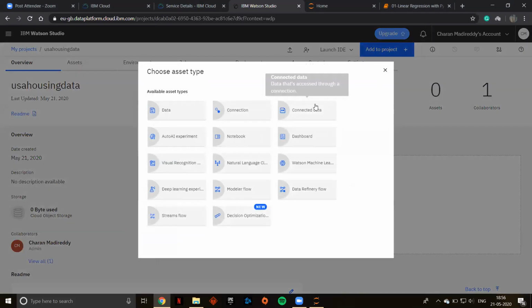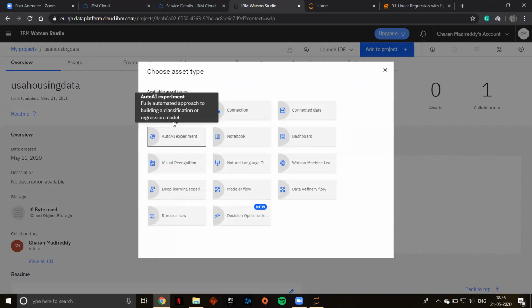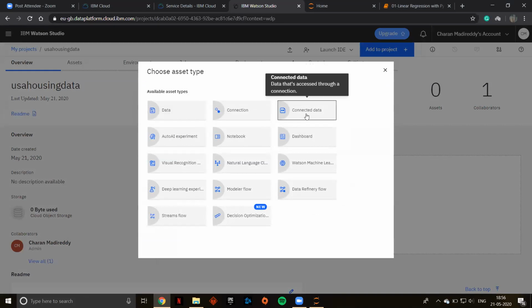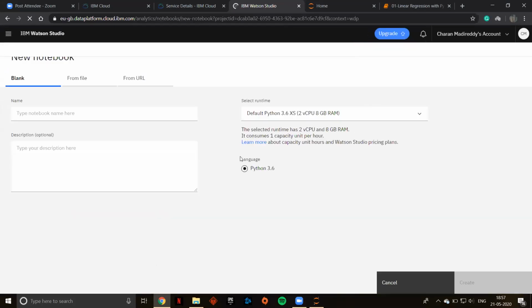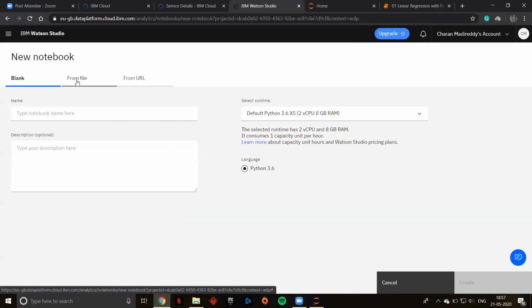What are you going to add now? Data, connected data, auto AI? What are you going to do? I need answers. Notebook, right? Yeah, so I've added a notebook. You can upload a notebook or write a new notebook here.